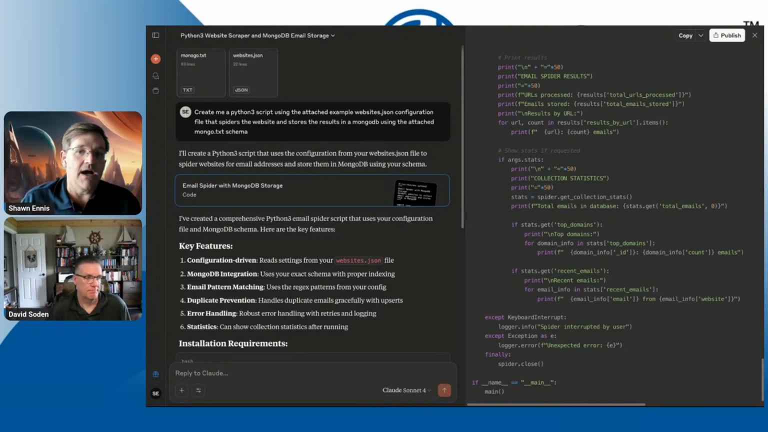Cursor and Windsurf do this for you to a certain extent, but I like things to be a lot more controlled by me, not the IDE. So that's the difference. And I would ask, before we move on,